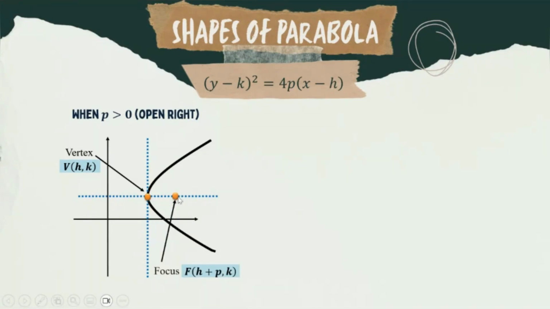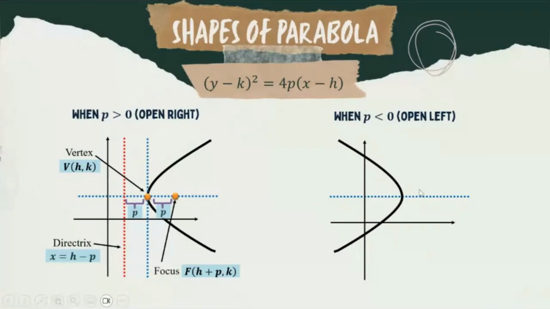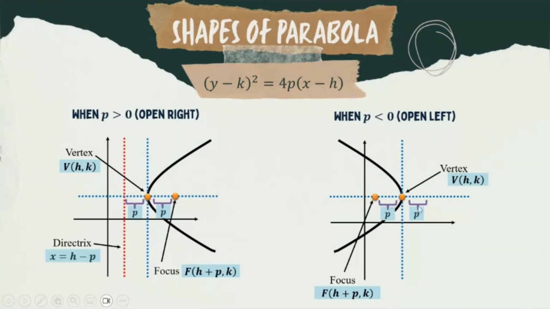So kalau sini vertex, dalam dia adalah fokus. So dalam mangkuk ada fokus. So jarak antara fokus dengan vertex adalah p dan jarak antara vertex dan juga directrix lines adalah p juga. Okay, so nampak line of directrix ni dia berada di luar parabola. Okay. Seterusnya, kalau dia open left ni apabila p kita kat sini negatif. So kalau negatif, so dia akan open kepada left dan vertex sama juga dekat bucu. Dalam vertex adalah fokus. So jarak kita ni p dan